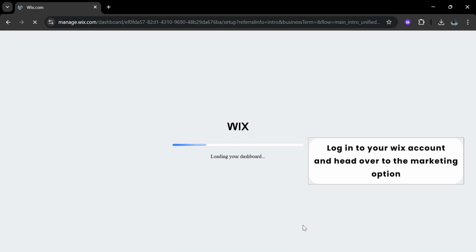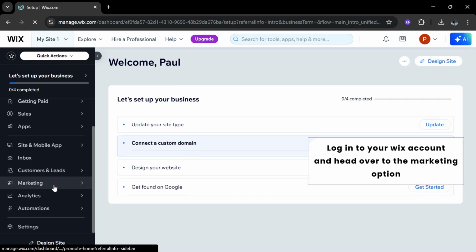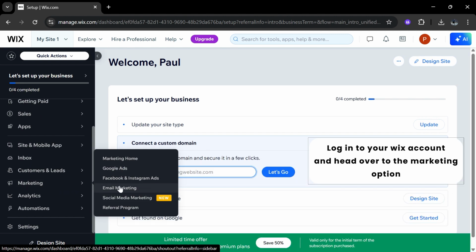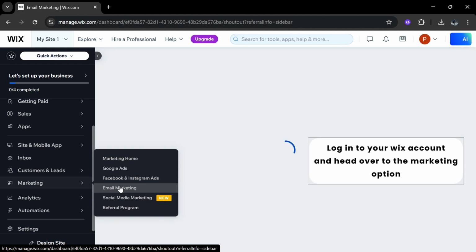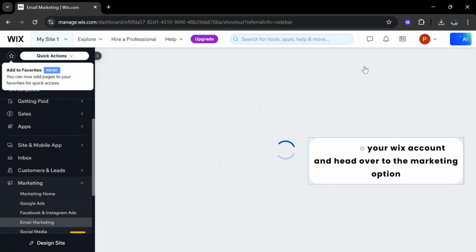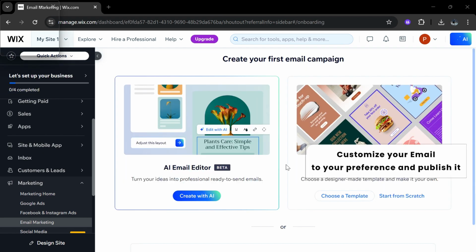Once you're logged in, look for the Marketing and SEO option in the left-hand menu and click on to the Access Marketing Tools. Inside the Marketing Tools, you'll find Marketing Emails and click on the top to Wix Email Marketing feature. Now you'll be able to see the email marketing dashboard, and to start sending emails, Wix offers various email